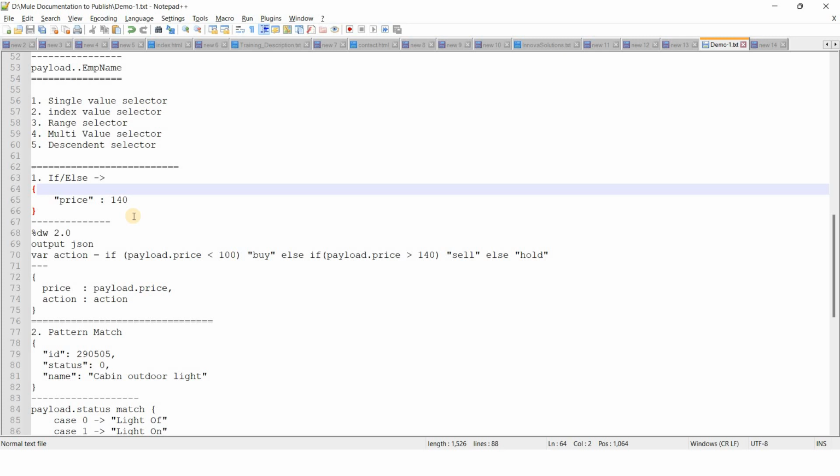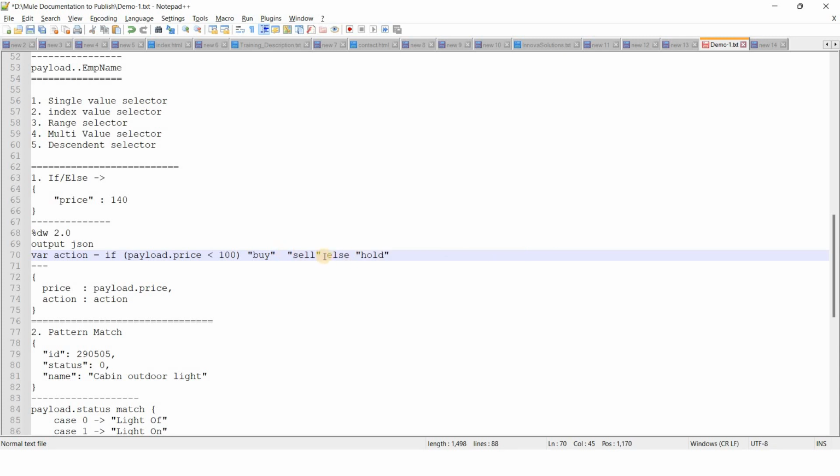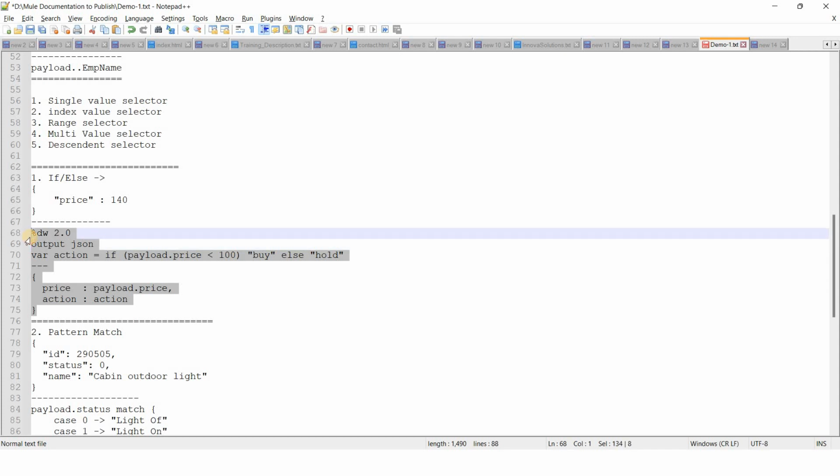So here the condition is, if my price is less than 100, then I have to print buy as the action, else if I use that if else condition. For else if, it is also nested. So let me first remove this one and show you the if else condition only. If payload dot price is less than 100, then we will print the action as buy. If not satisfying this condition, then the action will be hold. Okay, so this is my condition.